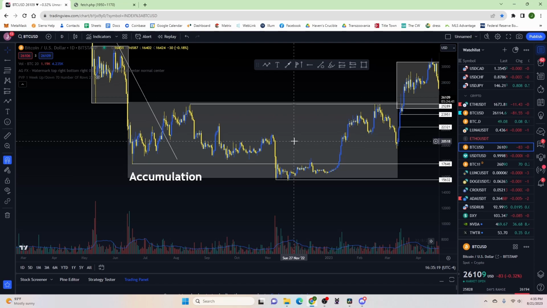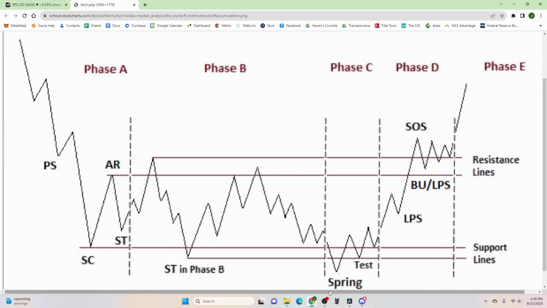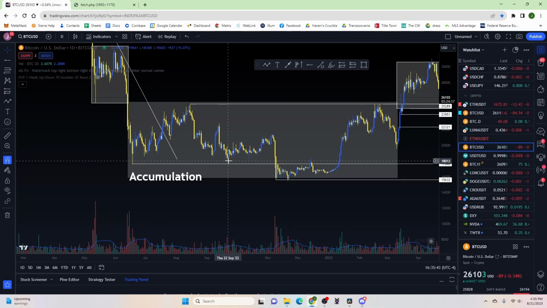Again, there will be more videos on accumulation, also on telling whether it's an accumulation or a redistribution. That can be a very tricky one to figure out. And also what all of these things mean, what's happening during those things, and whatnot. Some of it's pretty obvious, resistance lines and support lines, so that's pretty self-explanatory. But I'll go over all the other phrases because they can be confusing and they are important